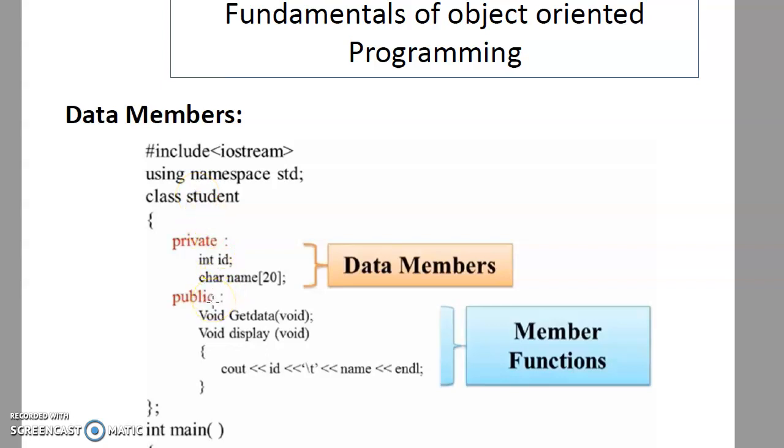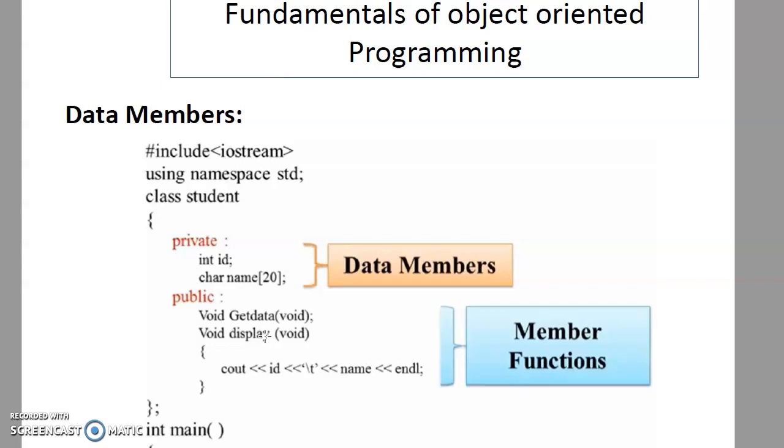Public access specifier, void get data is one method and void display is another method. This is how, within the class, the data members and member functions are given. So in this example, you have two variables and two functions in the class student.